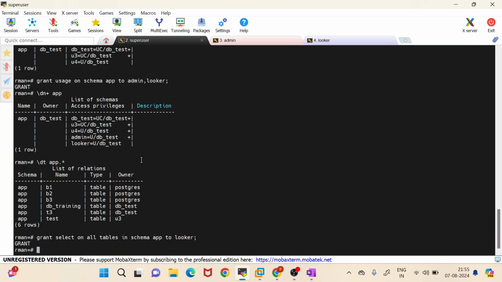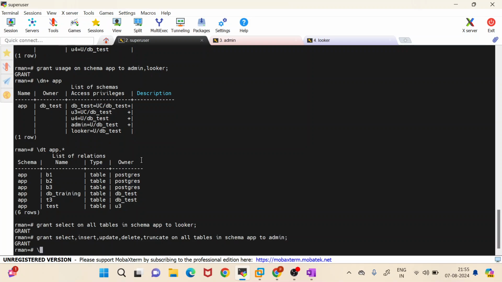So the looker user will have select privilege on all tables that are available in the app schema. And one more thing, grant select, insert, update, delete, truncate on all tables in schema app to admin. Okay, now let's check \dp+ app.*